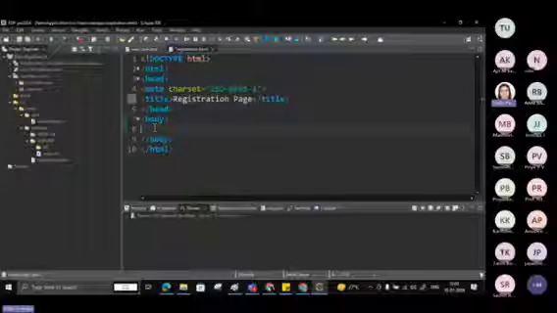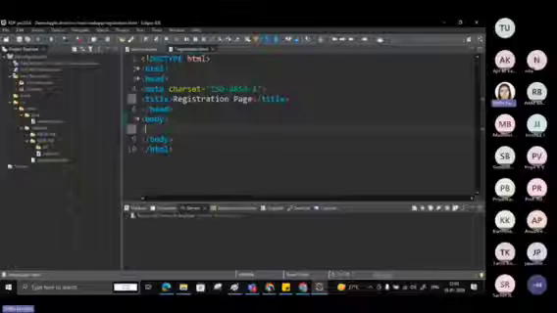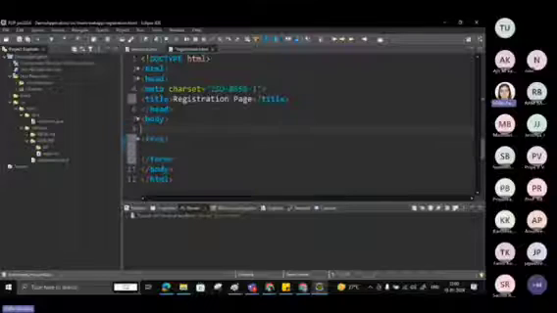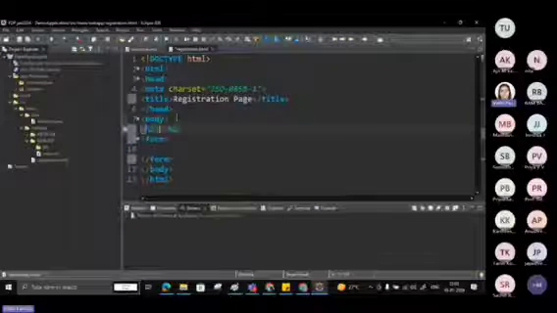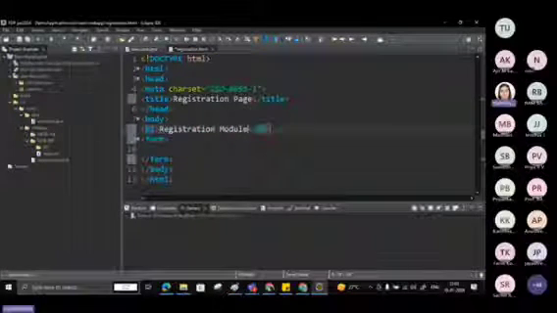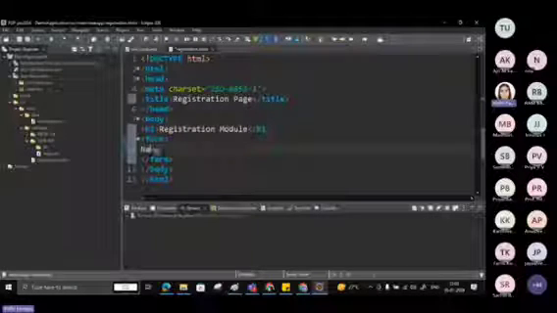And in the body part, as it is the registration page, we are going to take the input from the user in name and password fields. So that we can do with the help of the form. Whenever we want any client interaction, we have only the form tag through which we can make the interaction. So in body, first of all, in the H1, I will make registration module. In the form, quickly we'll create name,